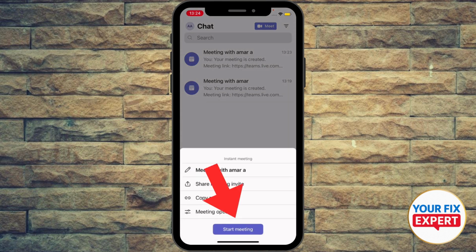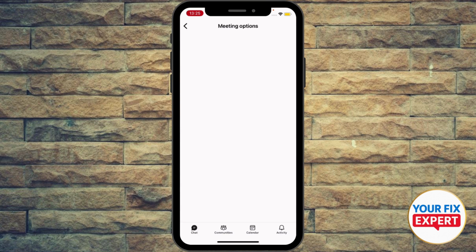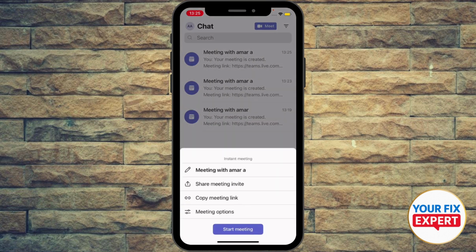I'm gonna see a pop-up window where I can change the meeting title, share the meeting, copy the meeting link, or change the settings before I start the meeting, okay? And basically what you're gonna do afterwards, after you modify the meeting settings, you're gonna hit